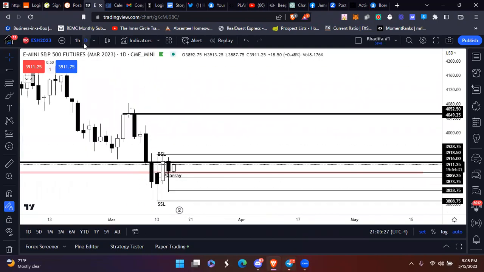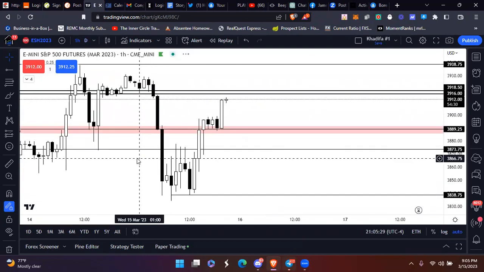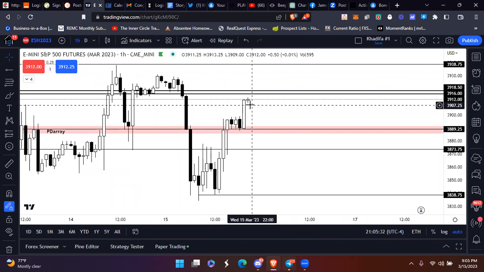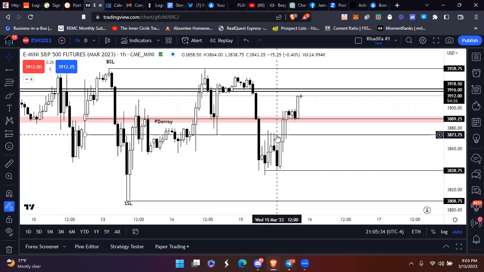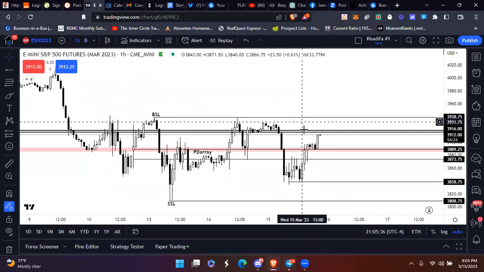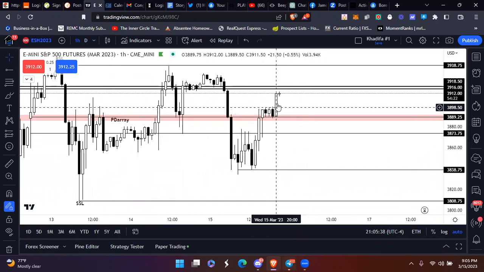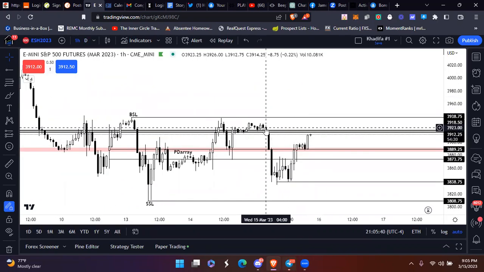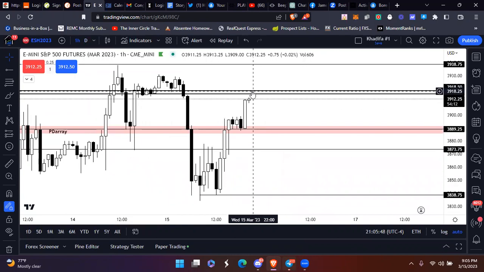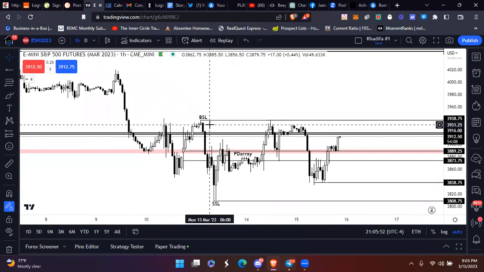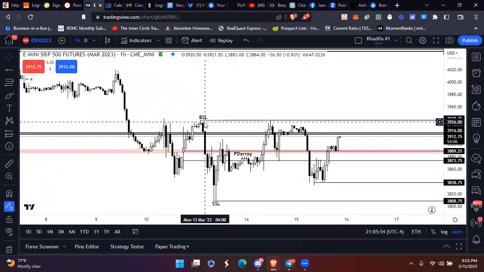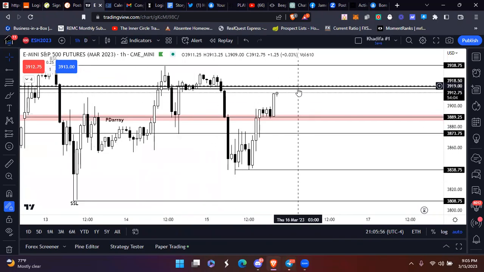So, which is very powerful. And we just pushed up off of that aggressive. So I'm definitely looking for the algorithm to go ahead and deliver price up to this new opening gap, because that's what this is right here, these two levels. And then I want to see how we react to these levels. If we aggressively push through it, then we're going to be targeting this buy side liquidity off of these levels right here,